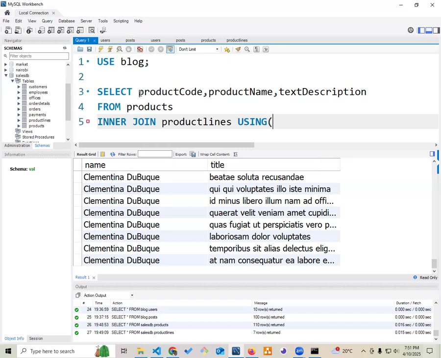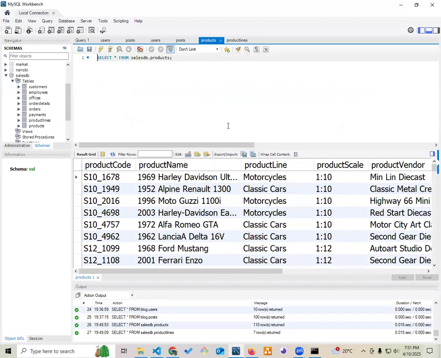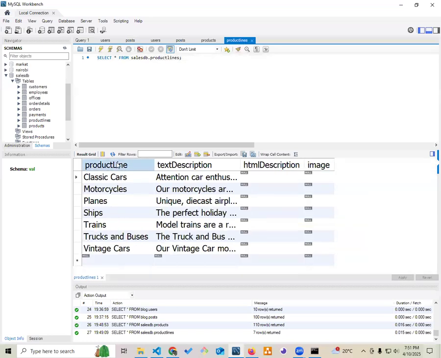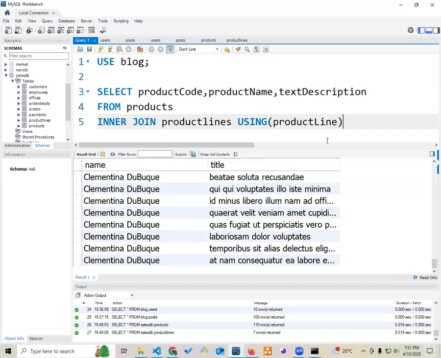I'll just use USING product line, because you've told me the common column between the two is this one. So we have here the product line, and when you go to the product lines, you have a common column there. So if I execute,